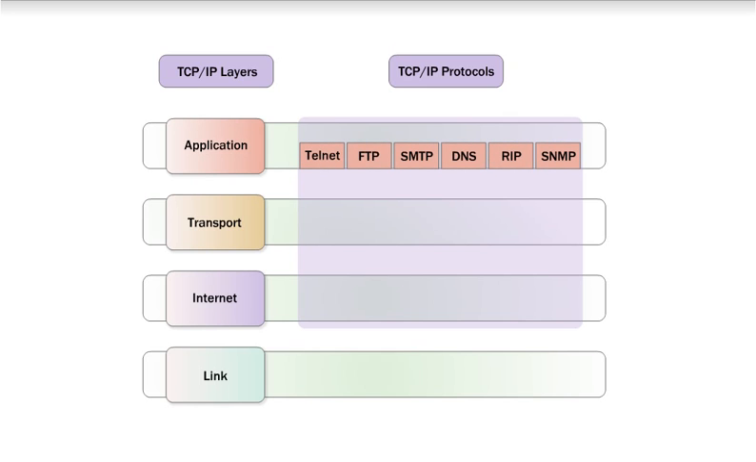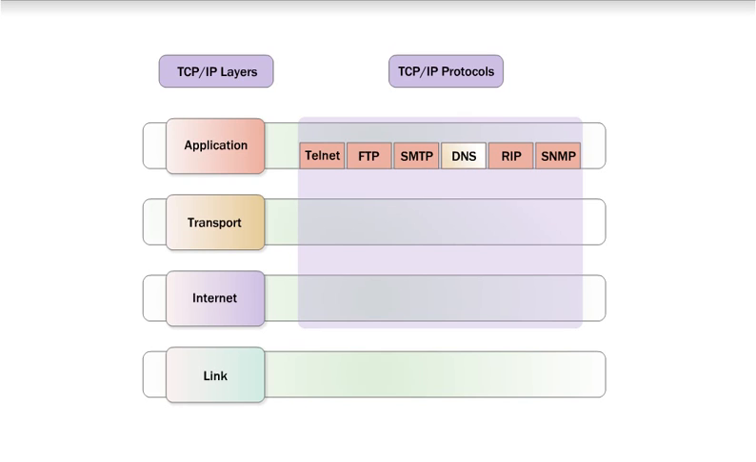6 of the most commonly used application layer protocols are Telnet, which is used to log onto hosts remotely, FTP, the file transfer protocol that can be used to copy files over the network, SMTP, the simple mail transfer protocol that makes it possible for you to send email over a network, DNS, the domain name system that is responsible